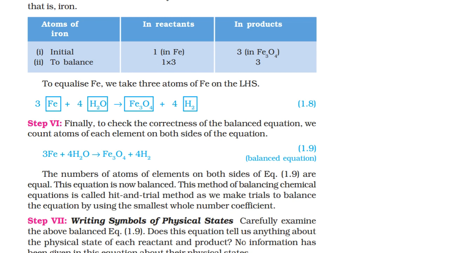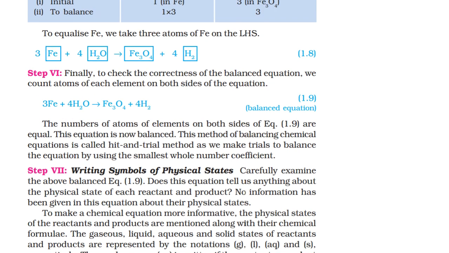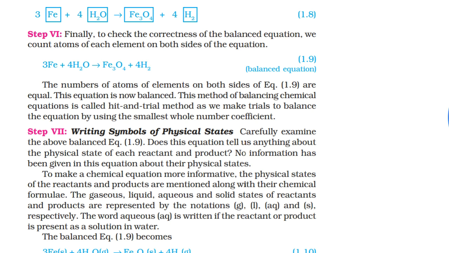Finally, to check the correctness of the balanced equation, we count the atoms of each element on both sides of the equation. If the numbers are the same, it is balanced. The number of atoms of each element on both sides is equal. This equation is now balanced. This method of balancing a chemical equation is called the hit and trial method, as we make trials to balance the equation